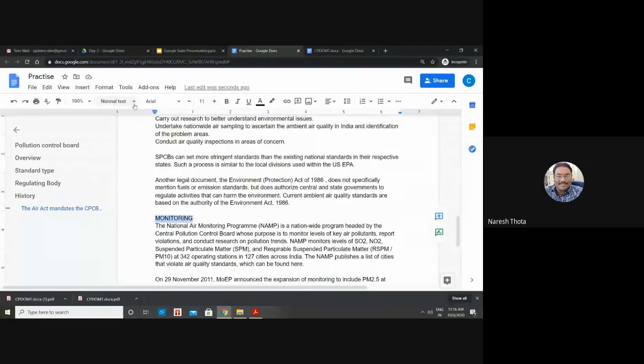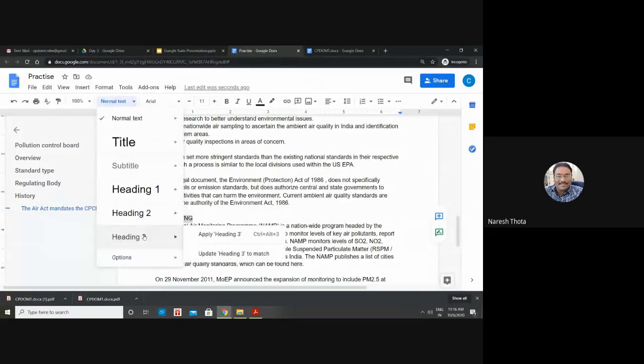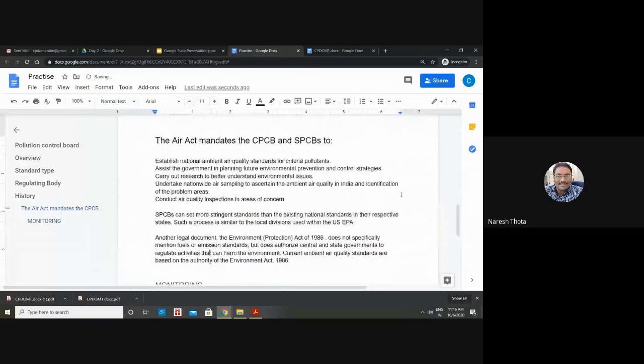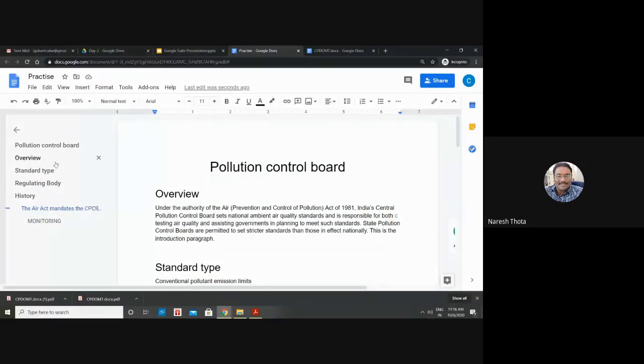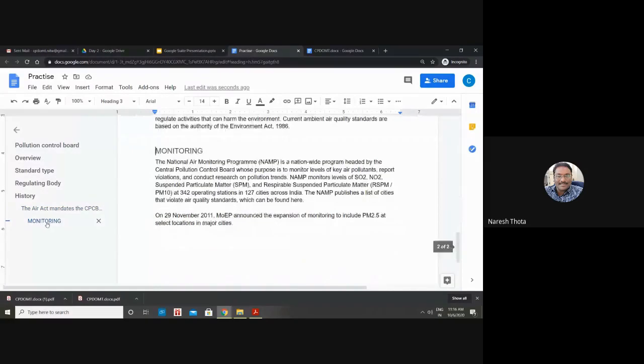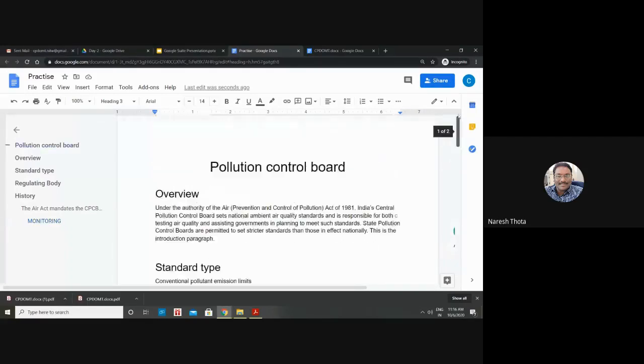The other one is I'm going to use some other heading. Whatever I put, it will come directly here. Let's assume you are reading the document and you want to go to the bottom of the page. You don't need to scroll down the entire document. If you just click this one, it will directly go to the section of the document, which is good for editing. Are we clear, guys?